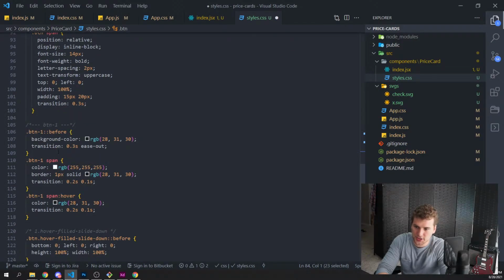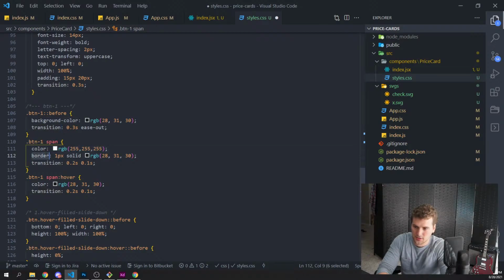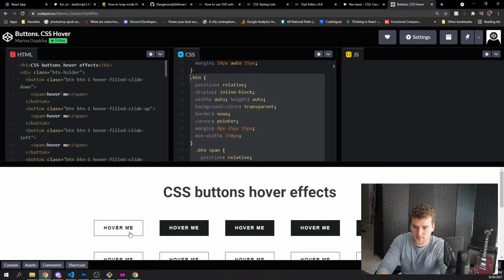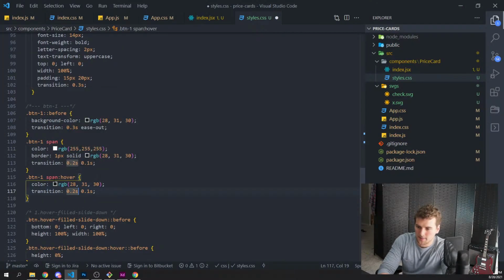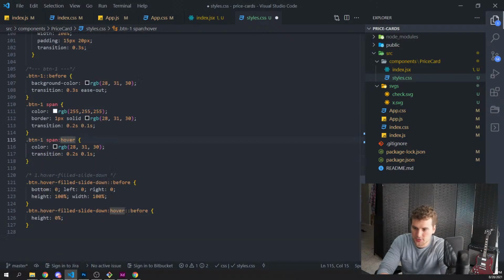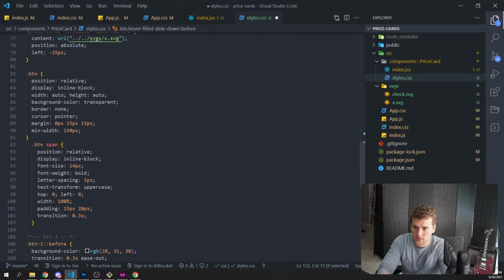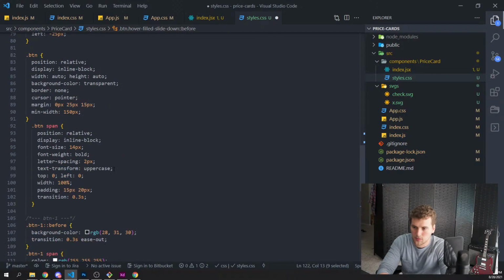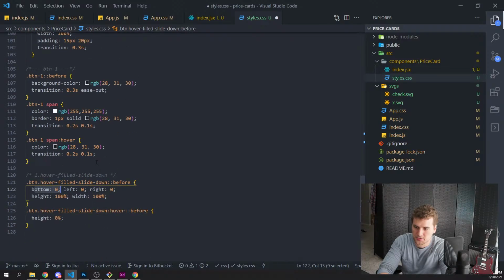We're not going to need... So what does it actually do in here? Let's look at that. So we've got the background color set to that, and then the timing function for the transition. We want these span tags' color to change. Didn't need that. And then on hover, we want the color change, cool. And then button hover slide down, so it's just moving something. Is he adjusting the background color's position?